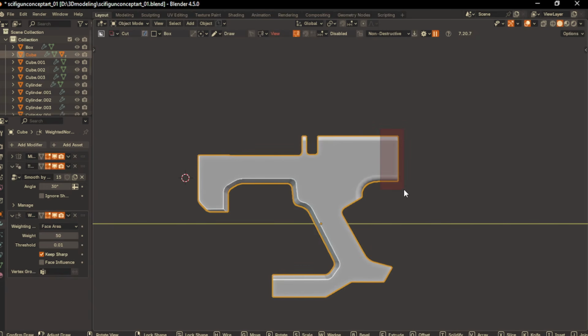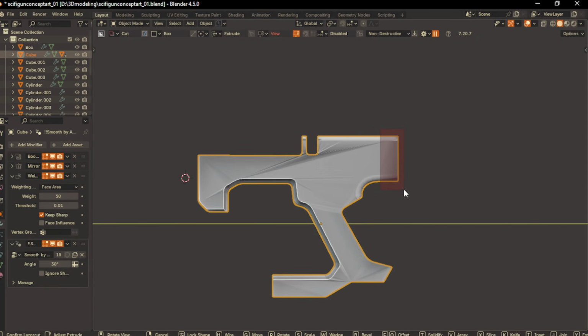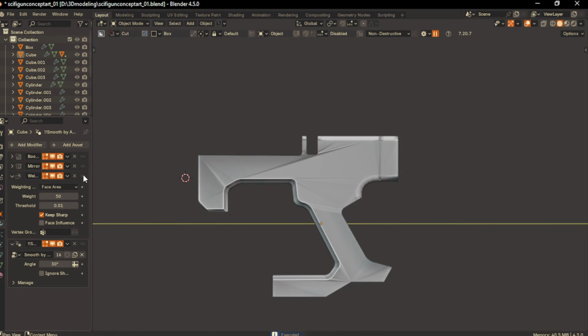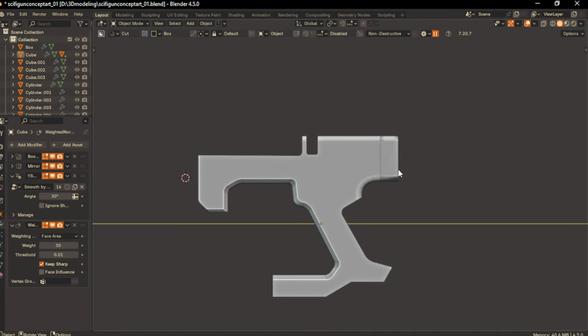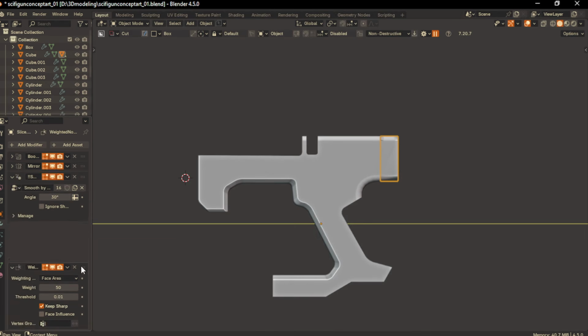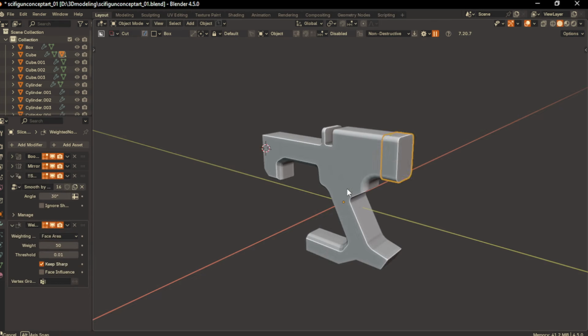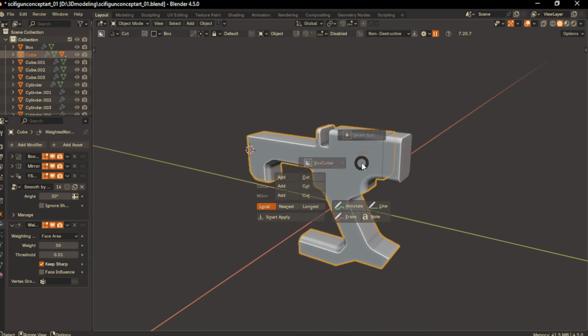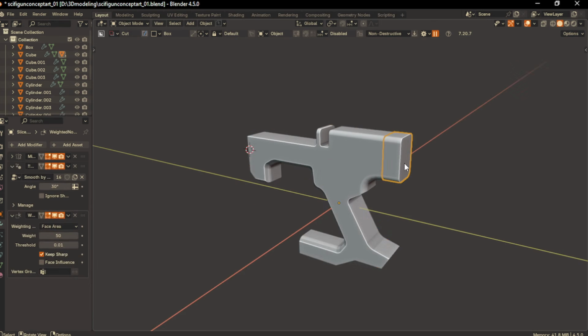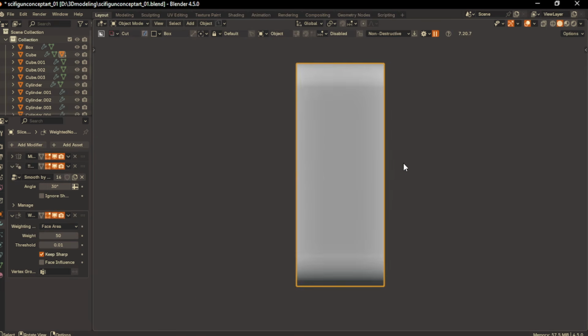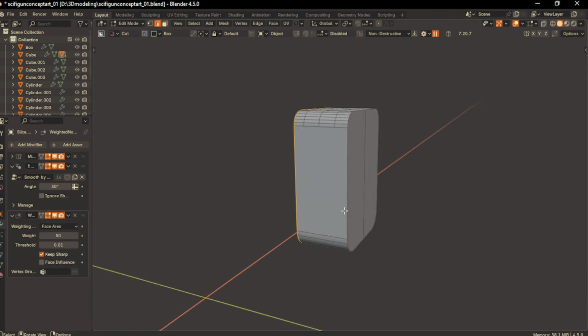Now, I'll draw a rectangle cut here, press X to slice it. That shading is because of the modifier stack, easy fix is just pull down the weighted normal in the stack. Okay, let's smart apply these two objects, and I grab the small piece, isolate it and switch to the edge